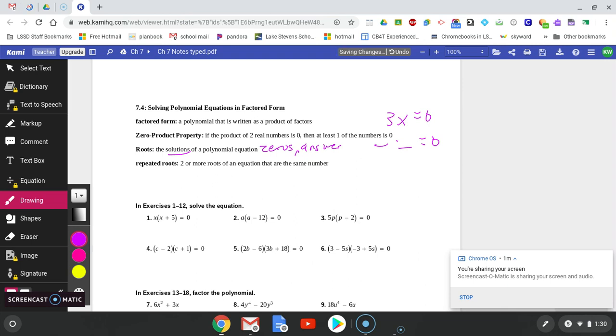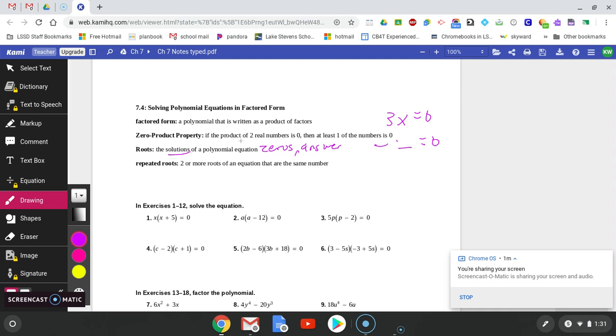Repeated roots is when you have two or more roots, or two or more answers that are the same thing. So if I get two answers and they're both x equals 2, I don't have to say x equals 2 and x equals 2. I can just say x equals 2. That's kind of like if I asked you what your favorite color is, and you say, my favorite color is yellow, my favorite color is yellow. Okay, that's kind of silly. We don't need to say that. You can just answer it once. So if you get a repeated root, meaning you get the same answer 2 different times for the same problem,